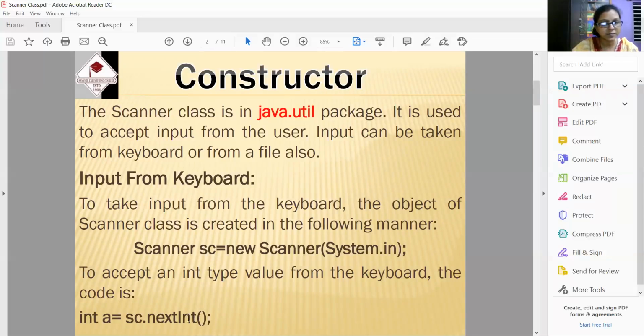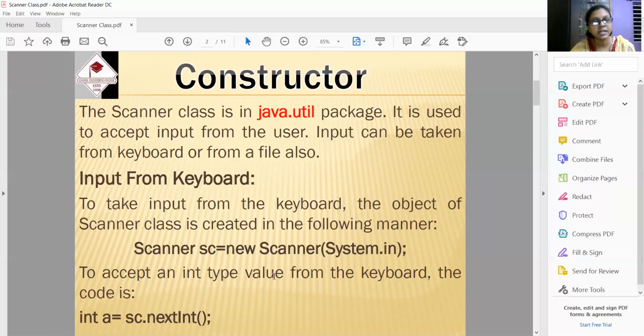Via this nextInt method, called using the object of the Scanner class, which has already taken System.in, that is the object, that is a parameter to the Scanner class, which is connected to the input device.